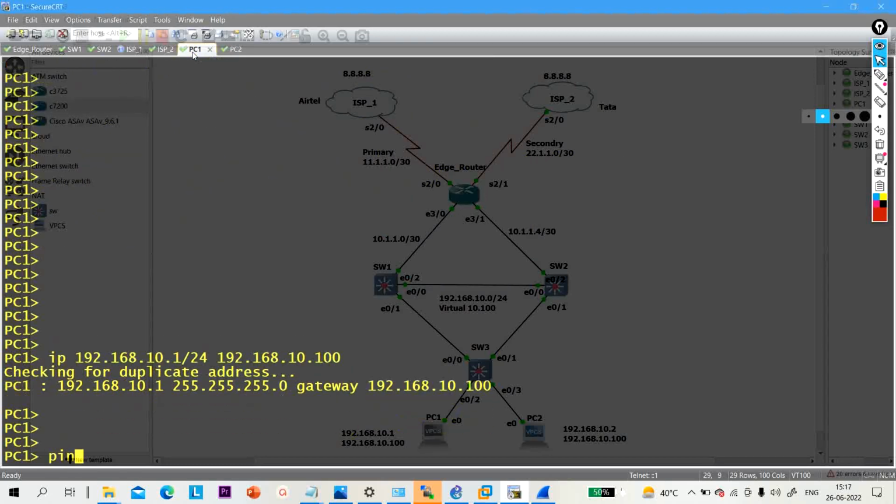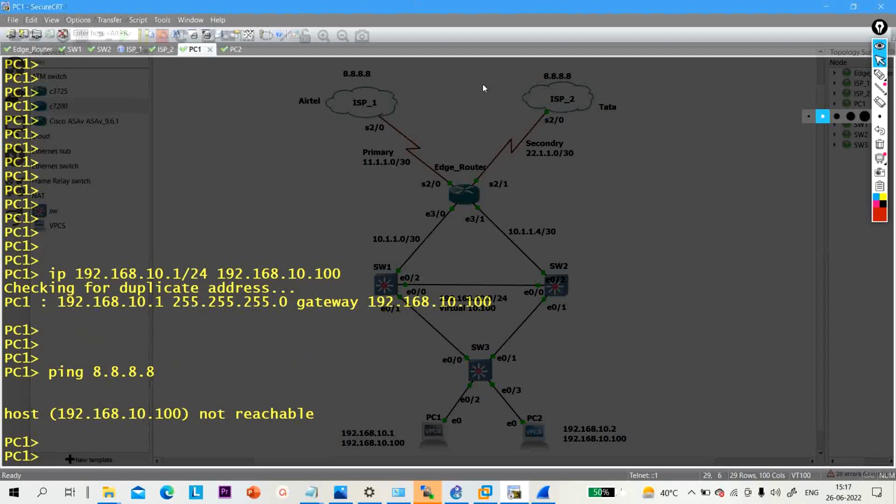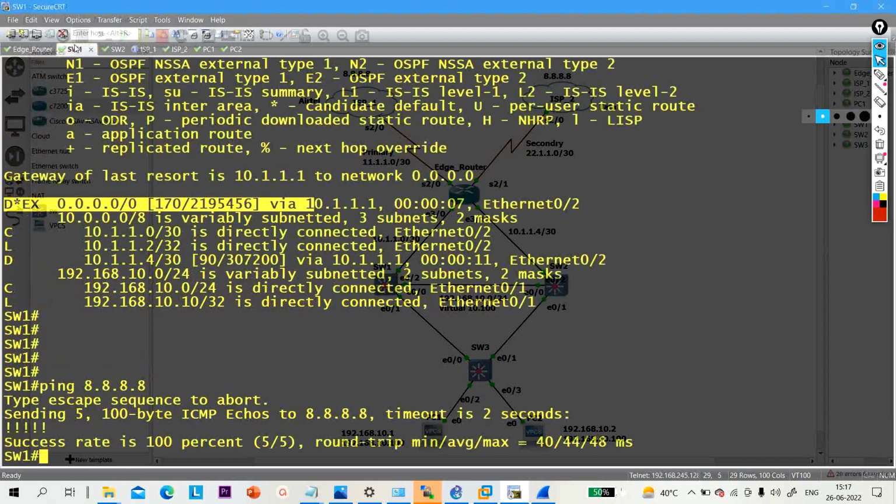PC1 ping 8.8.8.8, because the default gateway is what? 192.168.10.100, which is not reachable. So here, go to switch 1 and let me configure